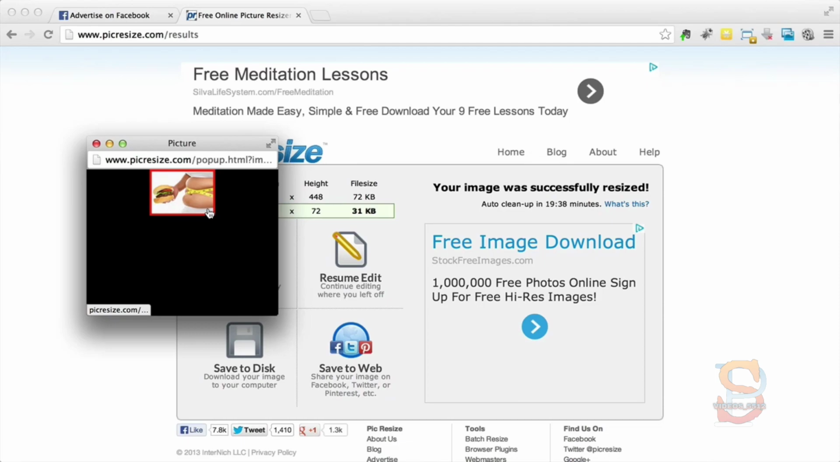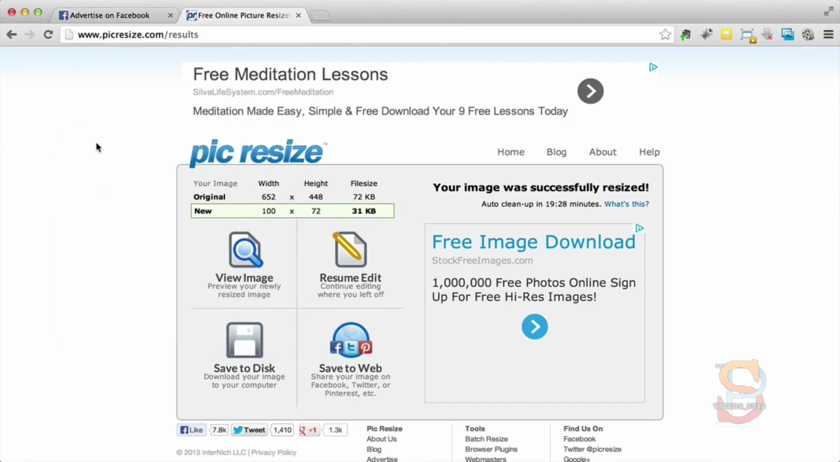So that's how you create these Facebook ads with borders. It's really simple. The best thing about it is that you don't need Photoshop. You don't need to be good with photo manipulation or anything. All you need is this website,